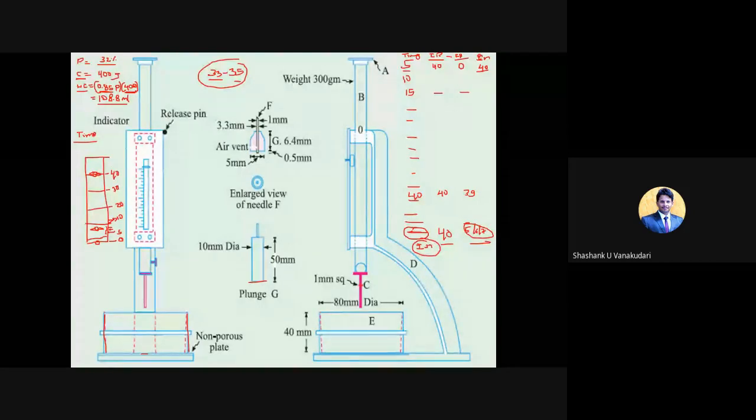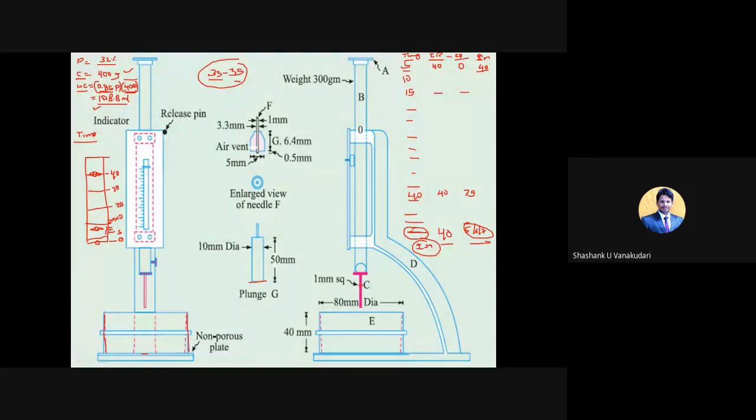Got it? The procedure is similar to the one you have followed in the normal consistency test. First you will take a known quantity of cement, and then for that, using the formula 0.85 times P, you will get 108 ml. If you change this to 300 ml, of course it will change. But the proportionality as well as the liquidity property will be the same in that cement paste.